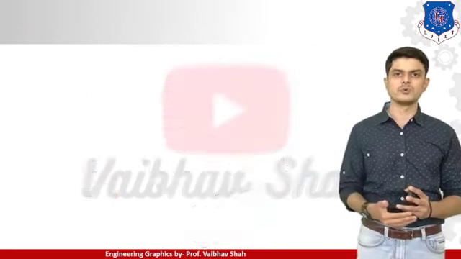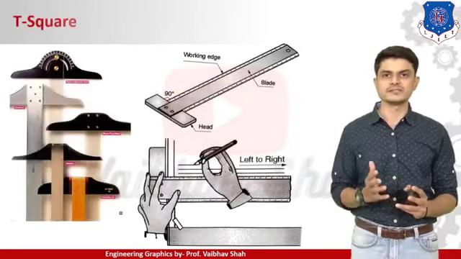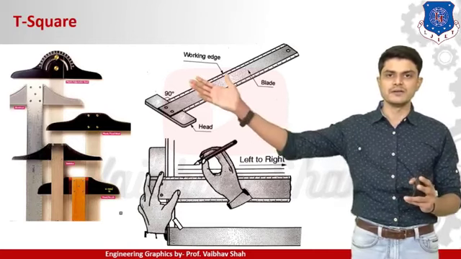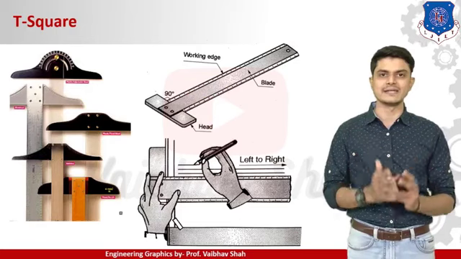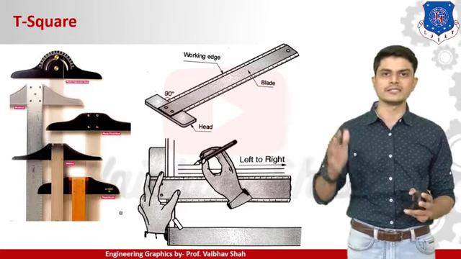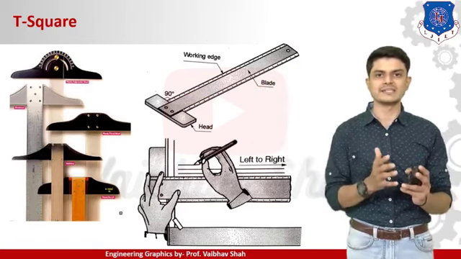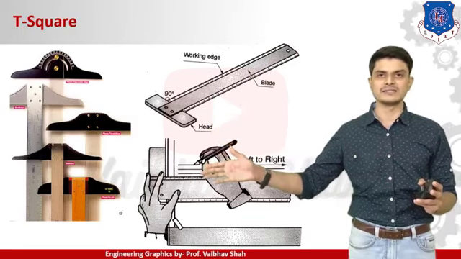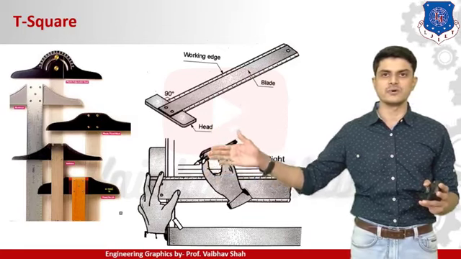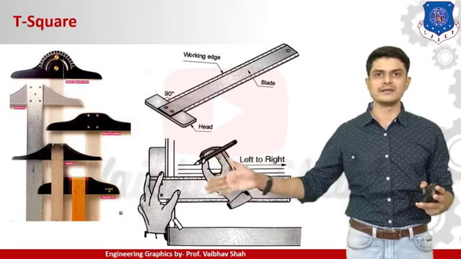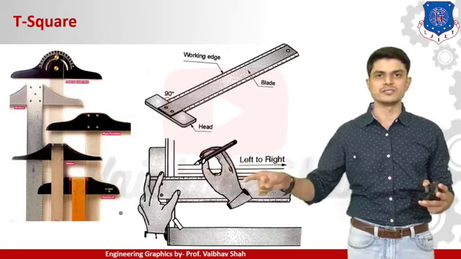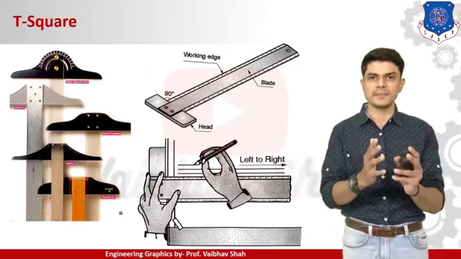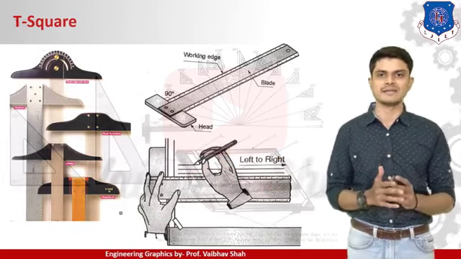Next, let's move to the next instrument. This is the instrument which is known as a T square. As you can see, there is a T shape in each of the instruments, so it looks like a T. It is having one longer working edge, or you can say the main scale, and this is the head. It is fixed onto a drawing sheet like this, so you need to fix this head onto your drawing board, and you can slide it up and down, and you'll be using this line for your working edge, and by use of these pencils, you can draw a straight line.